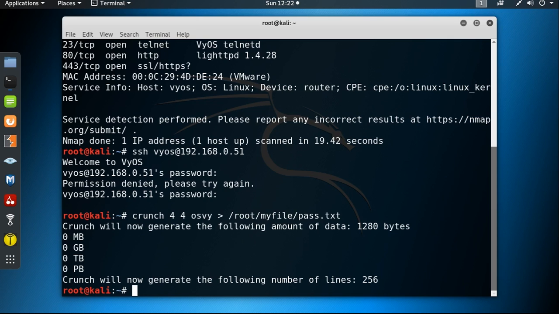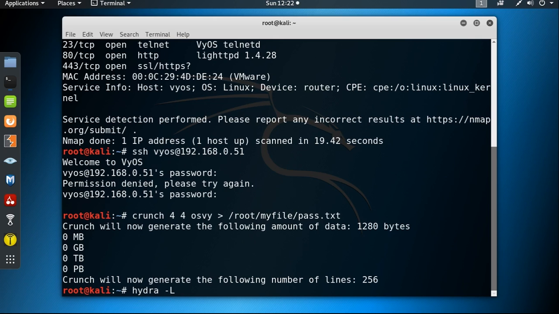To perform the dictionary attack, now I am using the tool Hydra. Hydra, then you can use capital L to provide the username.